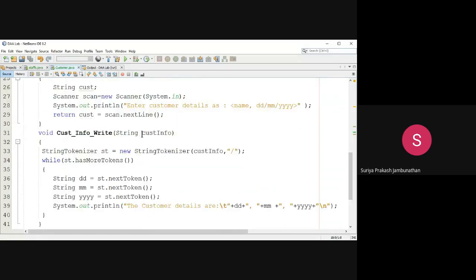So it will call the custinfo write method. In the custinfo write method, what are we retrieving? Here we are retrieving custinfo as a string. What will we retrieve here? Can anyone tell me what we will retrieve when we call the custinfo write method? Respond fast.